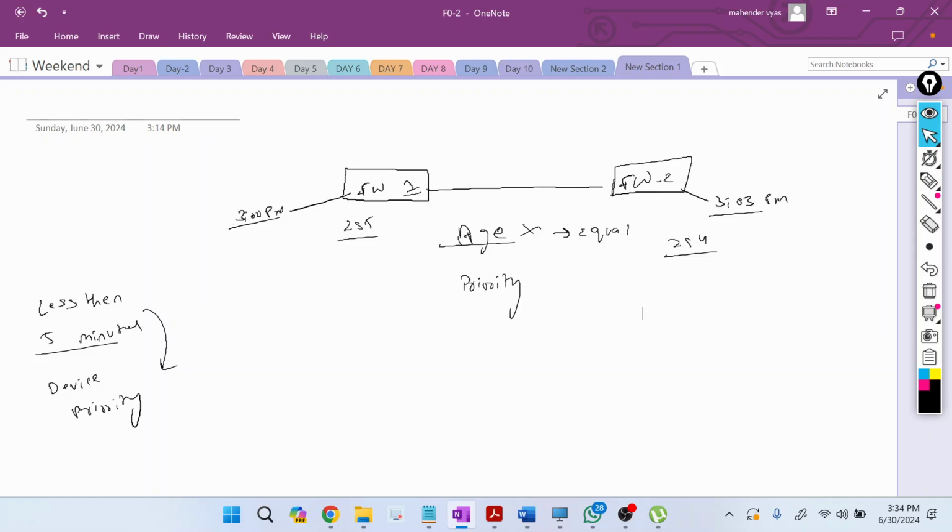Okay. Now which firewall will become active? This priority is 255. This priority is 254. The highest priority will become the master. If the priority is also equal, like this is also 255 and this is also 255,